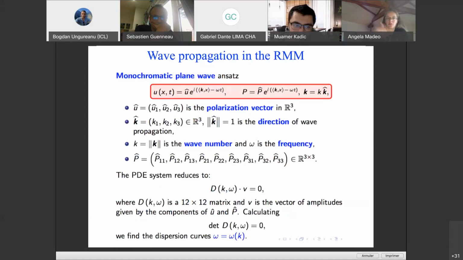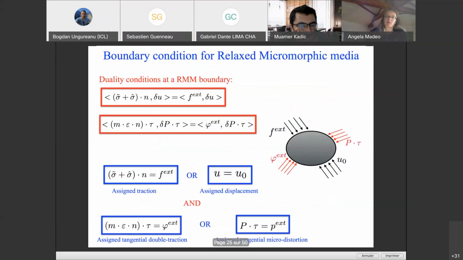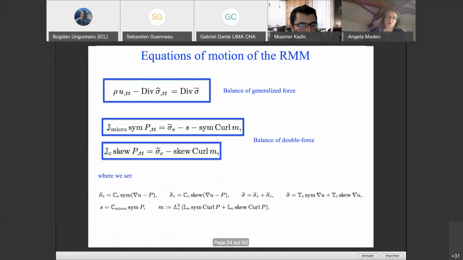Then we proceed exactly as before. I don't want to bother you too much. The only thing is that our unknown fields are now the displacements and these components of P, our 12 degrees of freedom. So for all the unknowns, we make a plane wave ansatz for the displacement and for the micro distortion. We replace in our equations of motion, which were here,